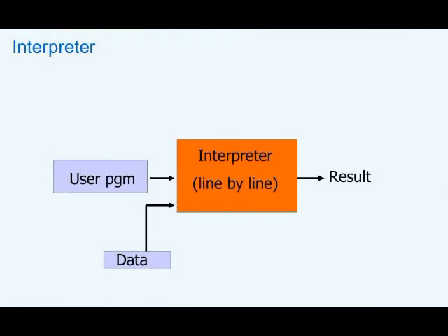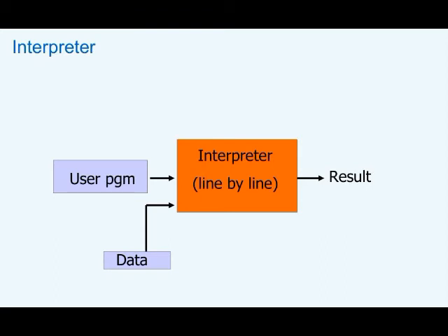Now with this, we are looking at another translator which is available. Up till now we have looked at the assembler, why assembly language is required, and the compiler and how compilation happens. Now we are looking at another system program, the interpreter. The interpreter will not convert the entire program into a machine level language program. It will look at the code line by line, convert it into machine language, and execute it.